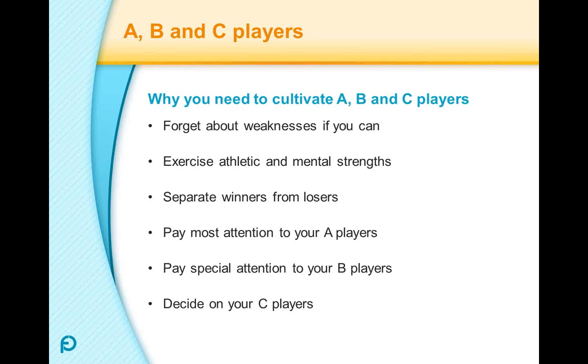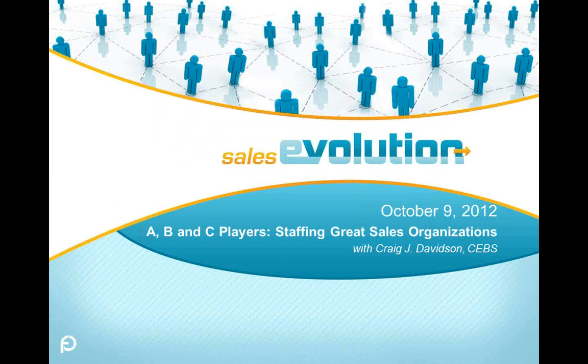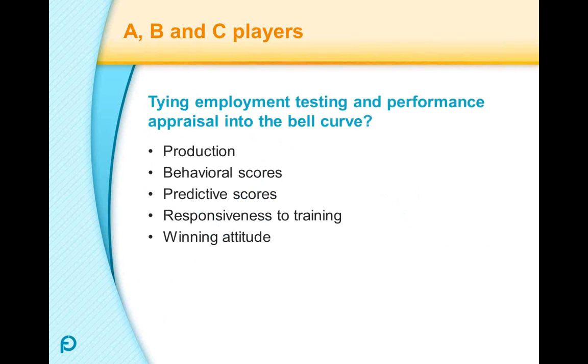Okay, now you got rid of the C players. Now you've got A and B players. The next time you do a performance appraisal, and you're constantly adding, because those A players are growing your business and you have to add people to grow, well, your next performance evaluation, based on the metrics that we looked at back here, oops, I went past them, I'm sorry. Here we go. These are the metrics, and you're going to have people that were formerly B players, but now